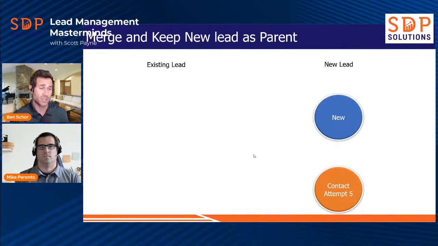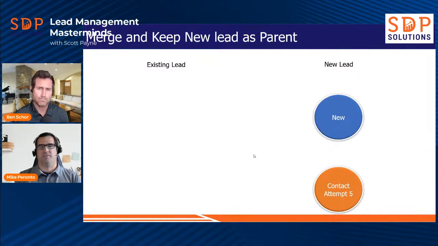The con to doing it this way is, and many of you may know this, if you don't, it's very important that you remember what I'm about to say here. All of the actions that were taken on that existing lead, called, left message, not interested, whatever it might be, those actions basically disappear from your reporting when you do this. So if you have a report that shows how many times Ben Schor took the action of not interested over X amount of time, if you're on that report today, and then you merge that and it becomes a child lead, and then you run that report tomorrow, Ben will suddenly have one less action, which sounds like it should make no sense, but this is why. So there's pros and cons. You still may want to do this sometimes. Mike, any thoughts here? Yeah, absolutely.